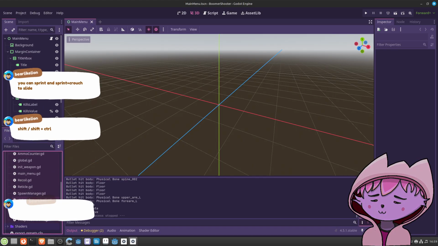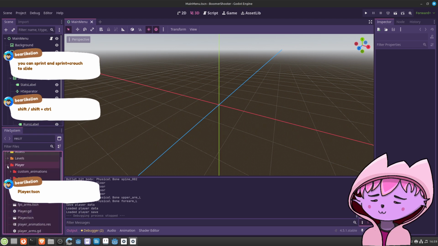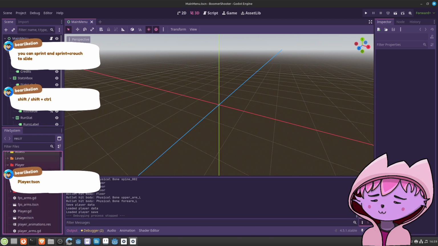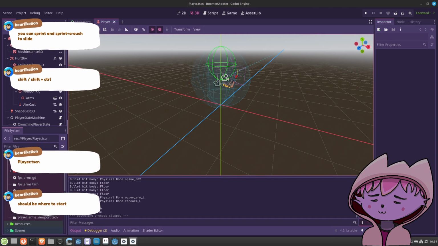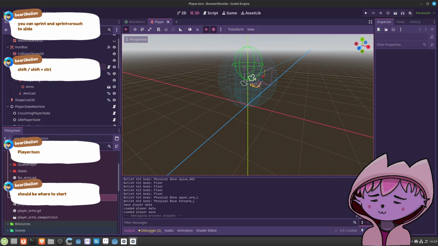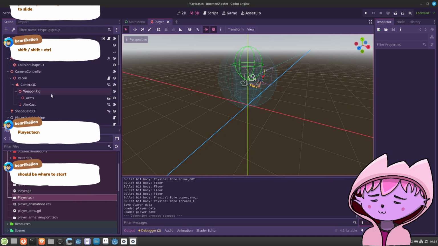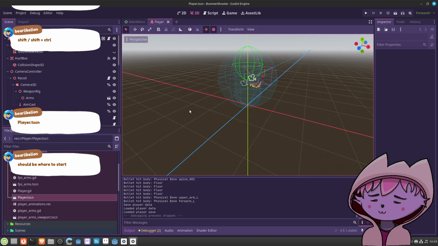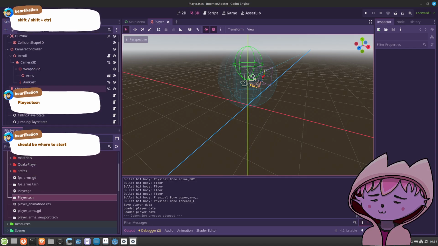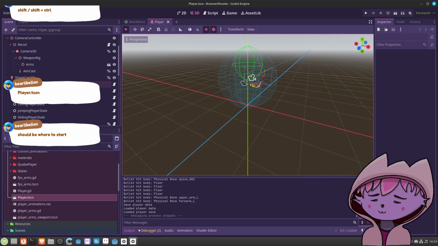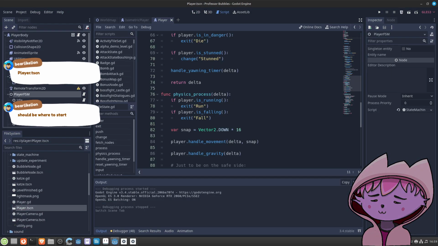There we have state machine and state. I would like to check real quick how the player scene is organized. Okay, there are similarities here. Here we have the player in a 3D setting. Not too far away.